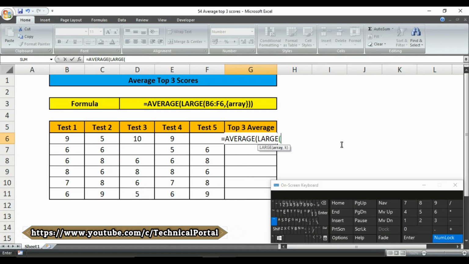After that, here you have to select that cell range like this, or you can manually type the cell number here, then put a comma. Then look here, in this k we are going to give an array. To give an array, you have to first open the second bracket here. After that, like this, 1 2 3,